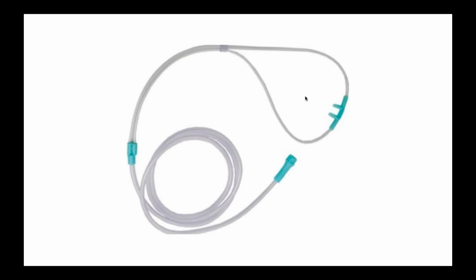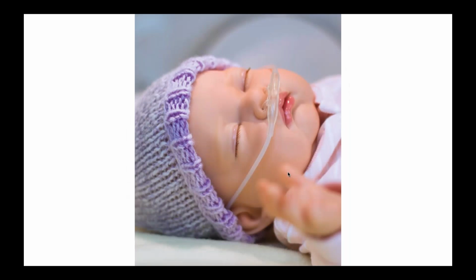And then these are nasal prongs. This is an oxygen delivery device. They come in different sizes, can be infant, pediatric, or adult. And these two ports, which are used to deliver oxygen, are placed into the nostril depending upon the size of the child. And this covers the face of the child and is fixed behind the ears. This will adjust the tightness of this around the head of the child, and we use it to administer oxygen for children with respiratory distress.